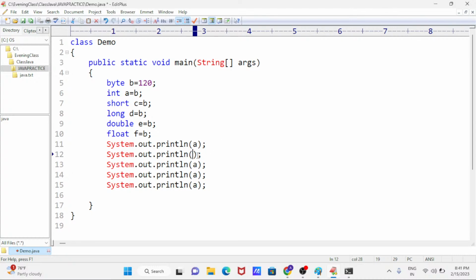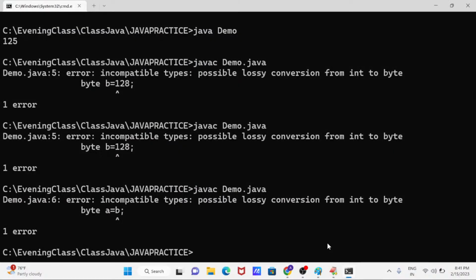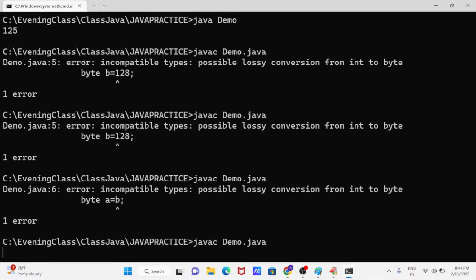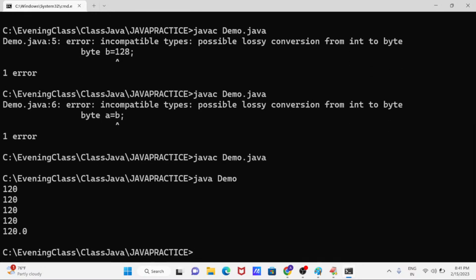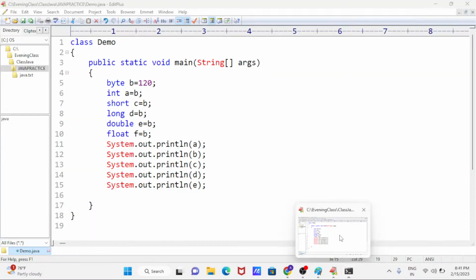Here a, b, c, d, e. Control plus shift F. Now print. So many times you are getting all 120, 120, 120. It's very simple, no need to worry. This is the process of widening. This is the example.